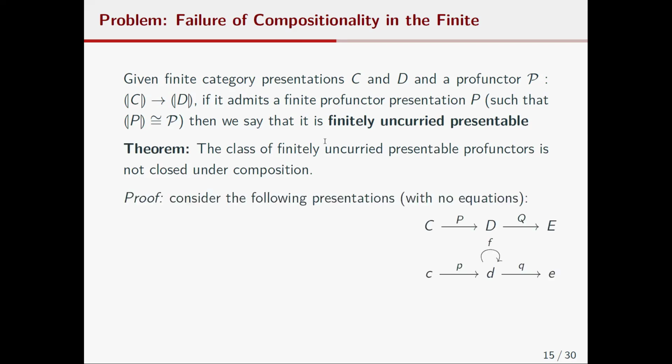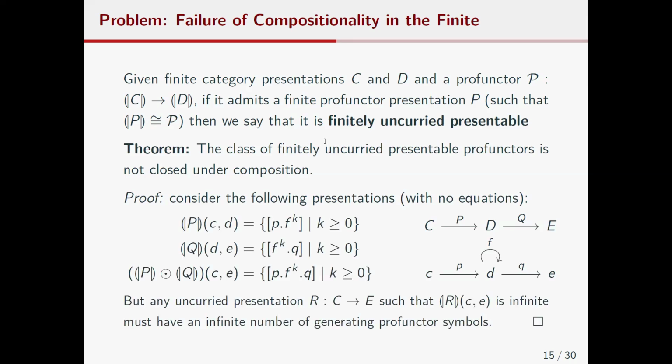And the proof of this is through a minimal counterexample. So I'll go through it quickly. In this example, there are three category presentations which have one object each and no equations at all. And we have two uncurried profunctor presentations which have one generator, one profunctor symbol each, and no equations at all. I think I didn't mention the F. I skipped that. There's one morphism or generating arrow in only one of the category presentations. And then you just look at the semantics of all this. And so you find